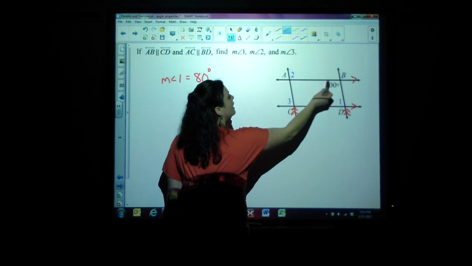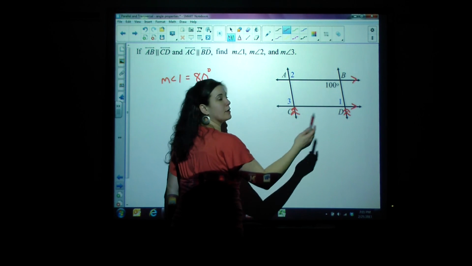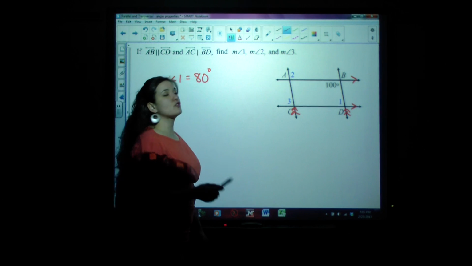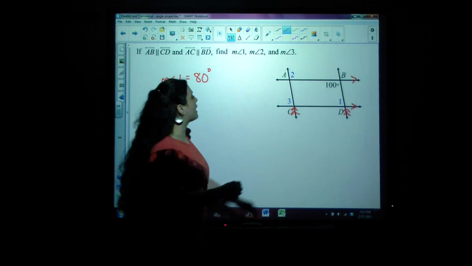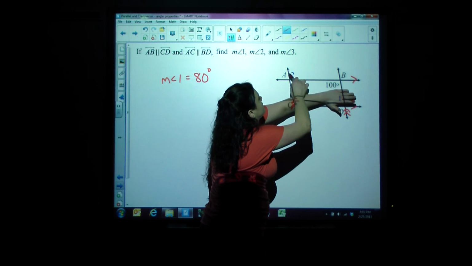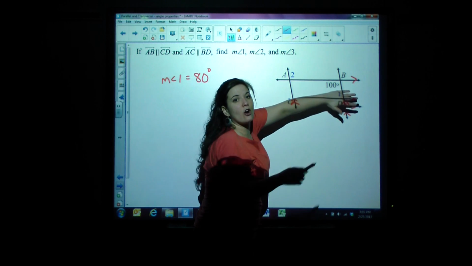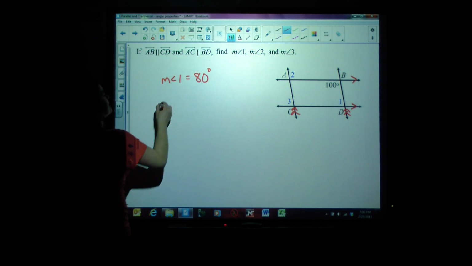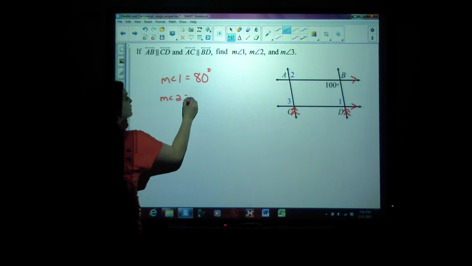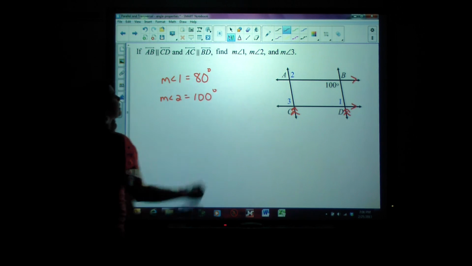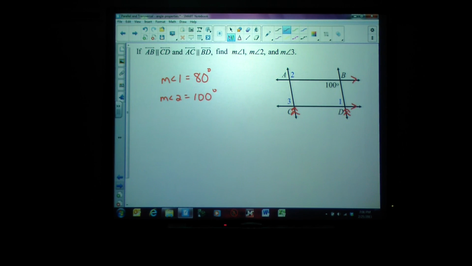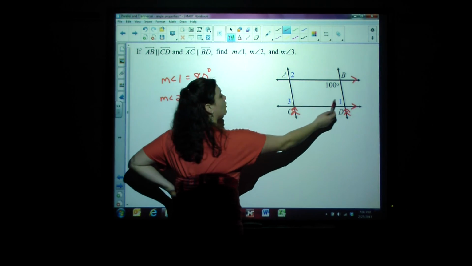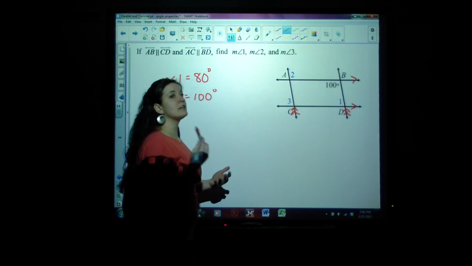Let's try angle 2. This 100 degrees that we were given in angle 2 are actually alternate interior angles. If we notice, they're on opposite sides of the transversal on the inside. They're alternate interior angles. And if we have parallel lines, those alternate interior angles are congruent. So no math needed, just a few definitions, and we know that the measure of angle 2 is 100 degrees. Okay, let's look at the angle 3. Angle 3 and angle 1 are corresponding angles. I already did the work to find